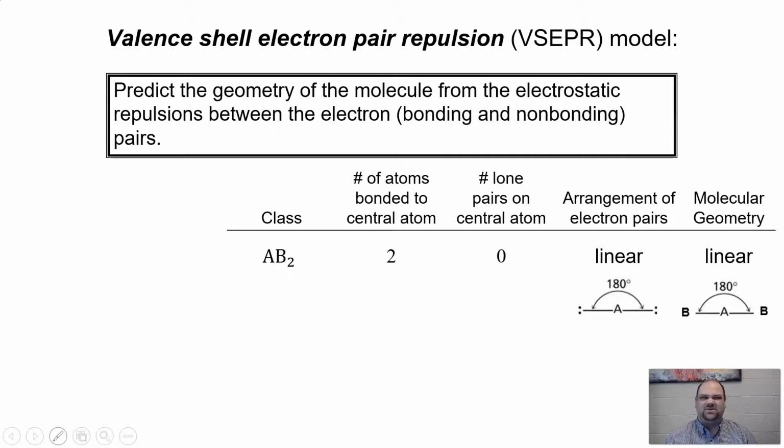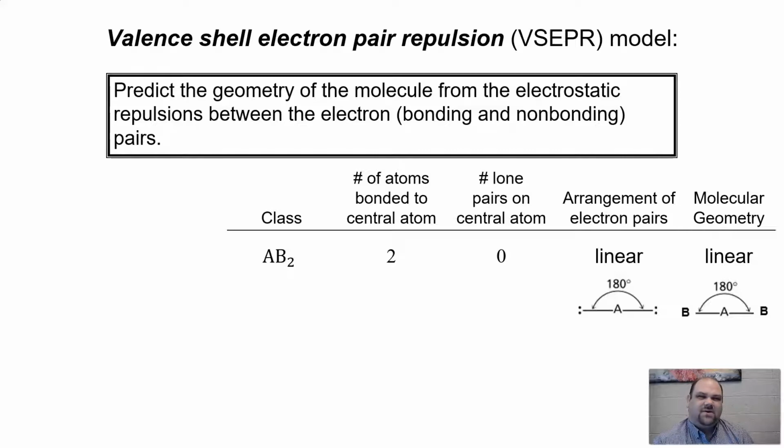We're also going to pay attention to the lone pairs of electrons that don't do any bonding because they do contribute somewhat to shape. And then the last part of this theory is the repulsion part. Remember, electrons are all negatively charged, and so all of our electrons don't want to be on one side of a molecule. They want to be as spread out as possible because the negative charges will repel each other. So we're talking about valence shell electrons. We're looking at electron pairs, including lone pairs and bonding pairs, and the geometry is determined by how those pairs repel one another. And so in our first simplest form of molecule, we have a linear molecule,